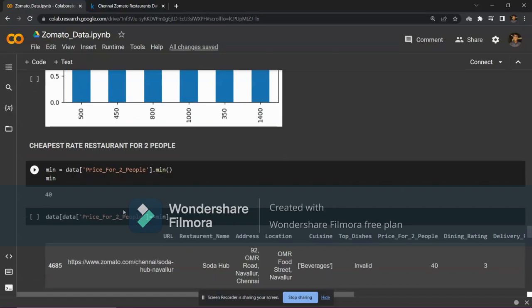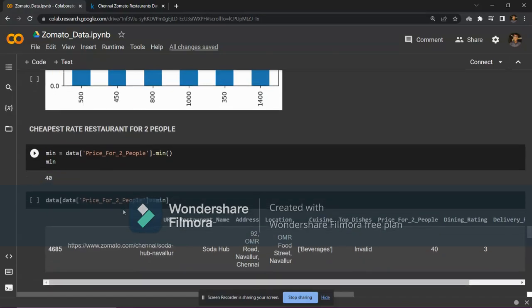At that time you won't expect food from the costliest restaurant. You will be expecting food at a minimum rate. So for that I have written this code to find which restaurant costs the cheapest rate